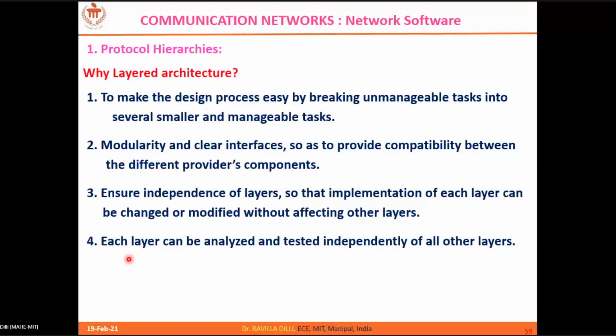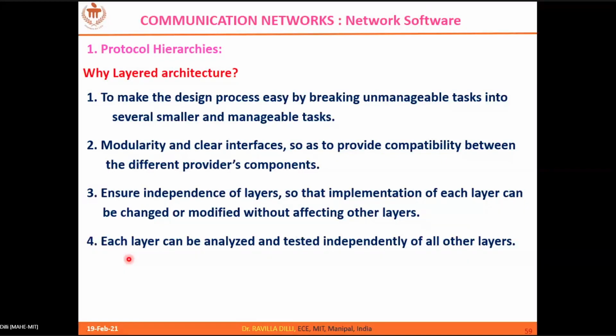Then each function will be assigned to one particular team, and that team will execute that function and give the outcomes. Like that, multiple teams take multiple functions and perform them.